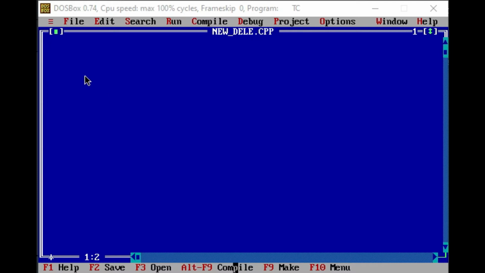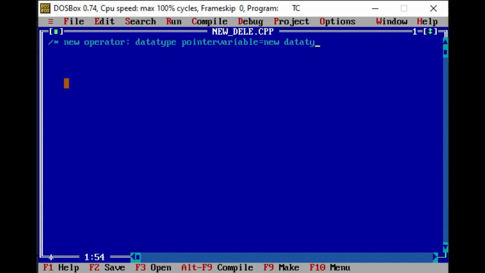Here, first of all, we will understand the syntax for the new and delete operators. In a comment line, new operator. For the new operator, the syntax will be data type, pointer variable is equals to new and again data type and semicolon.